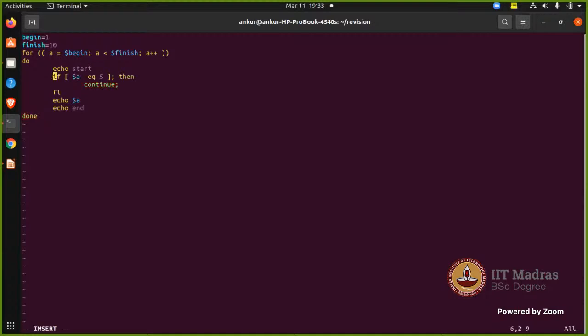So now what will this do? Whenever a is equal to 5, it will continue. That means what will be printed? Tell me first, anybody. How many times will start be printed? 9 times, I think. And end will be printed? 8. Yes, in this case end will be printed 8 times, but start will be printed 9 times because start